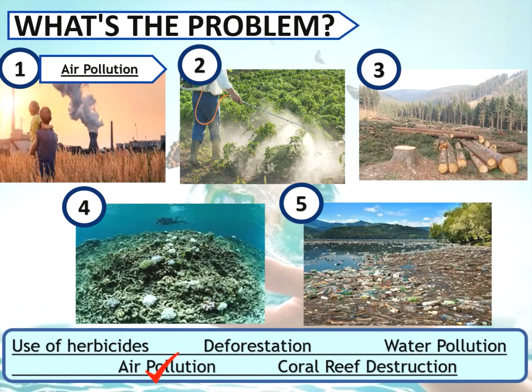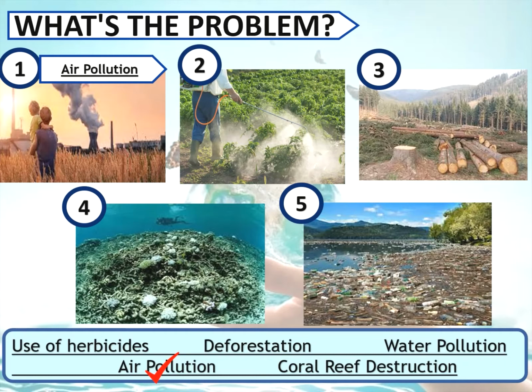When we say pollution, it is the process by which harmful substances are added to the environment. To give you a definition of air pollution, it is the contamination of the atmosphere by gaseous, liquid or solid waste or by-products that can endanger the health or welfare of the human, plants, and animals.